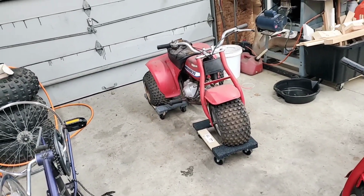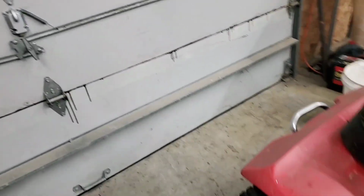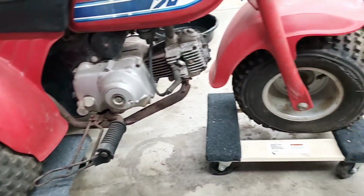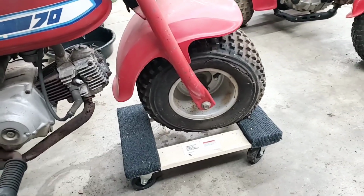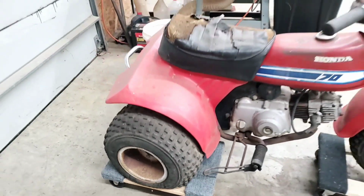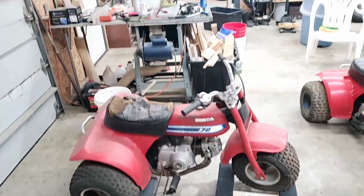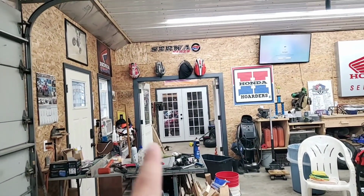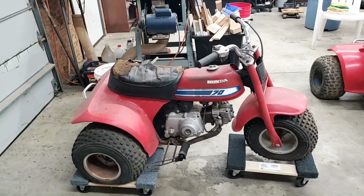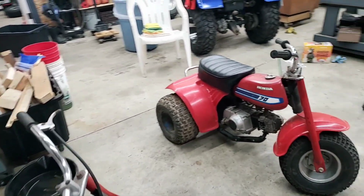But I'll probably take the rims and the tires off these rims and have them powder coated, and maybe put a set of Serwa tires on that I have on this guy, or maybe put the Serwa tires on those powder coated rims. And I've got a Christmas special up there that doesn't have original tires on it. Maybe do that. We'll see. We got options. But regardless, this thing's going to get torn down